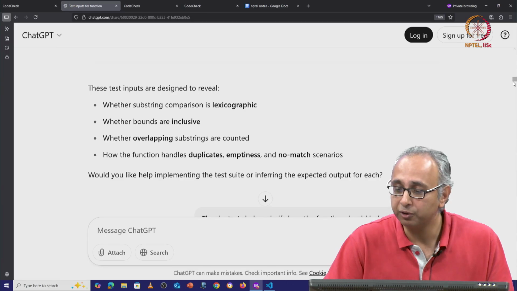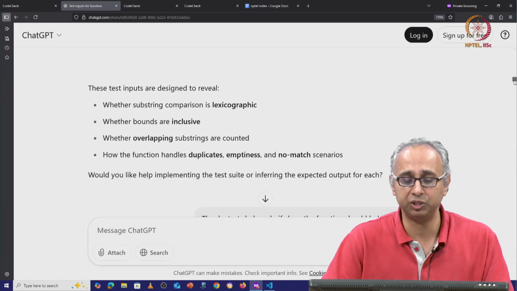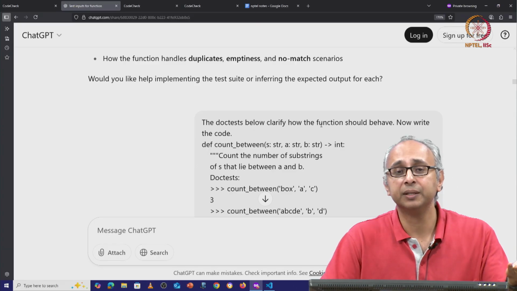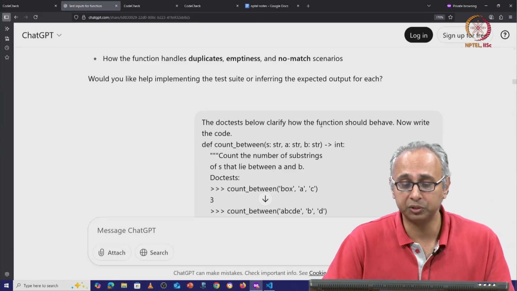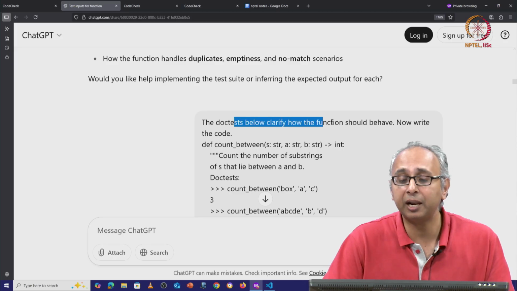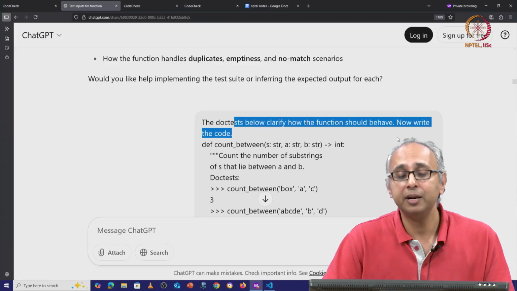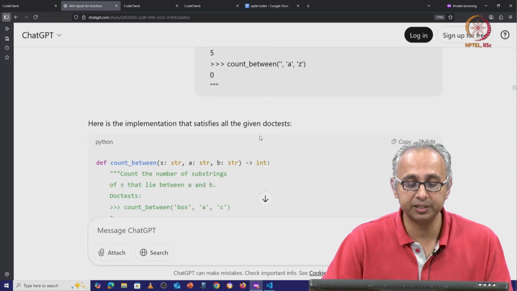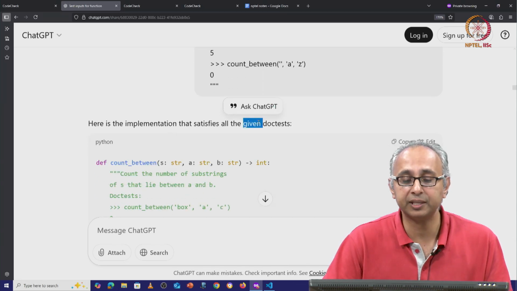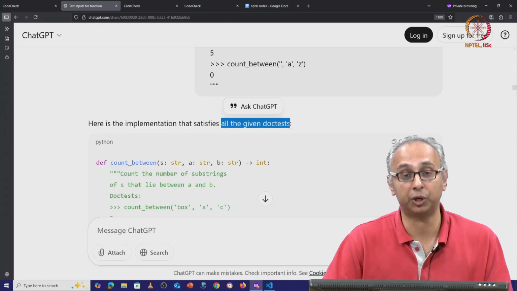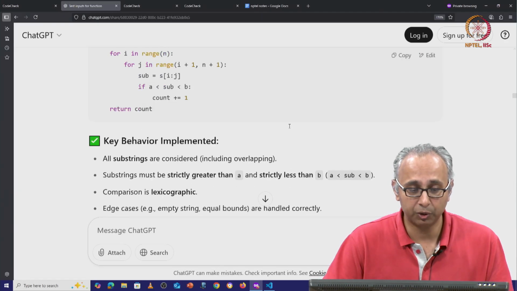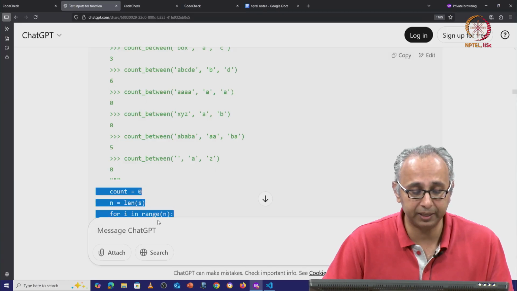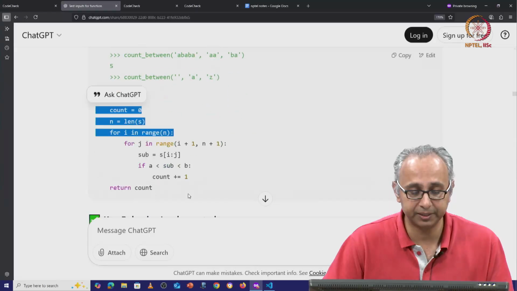So continuing with our conversation, now that we looked at ChatGPT, what I did was simply copy-pasted those results that the client told me. I said, the doc tests below clarify how the function should behave. Now write the code. So ChatGPT reads these doc tests, and it says, here is the implementation that satisfies all the given doc tests. That's wonderful. So I will simply now copy-paste this code, and hopefully this is what my client wants. So let's copy-paste it